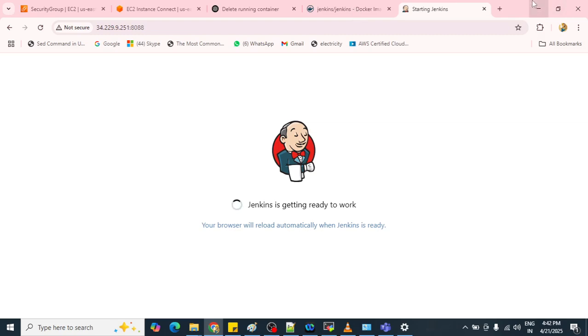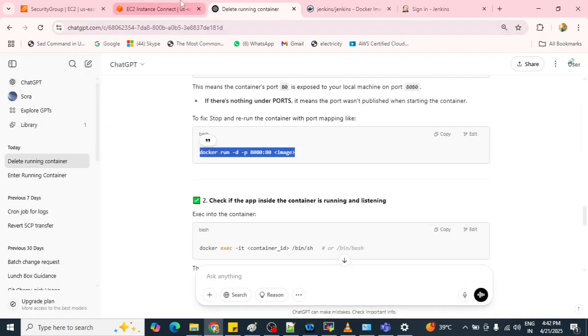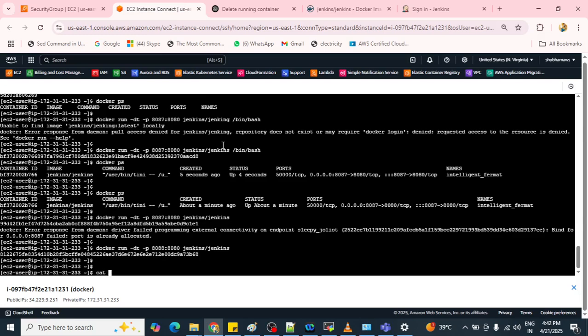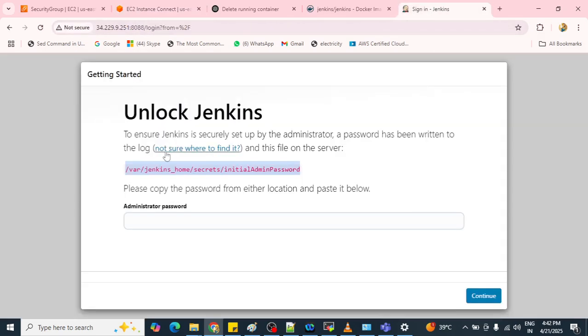So now next, it is asking to log in inside your container, so the password is there inside this var file. Now if you cat this file, what will happen here? It is showing that no such file or directory, but here it is showing that the password is there.